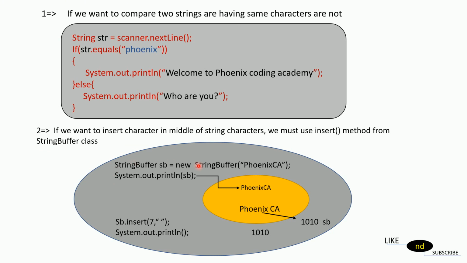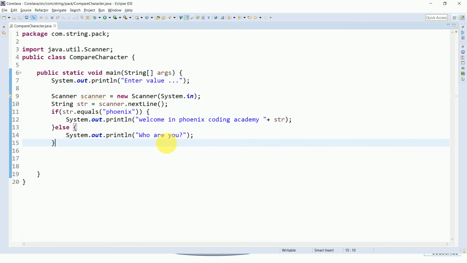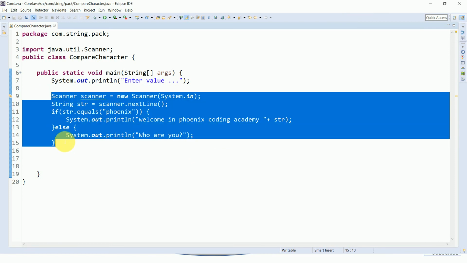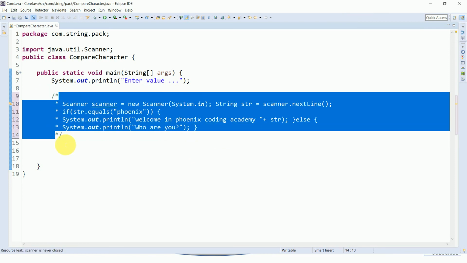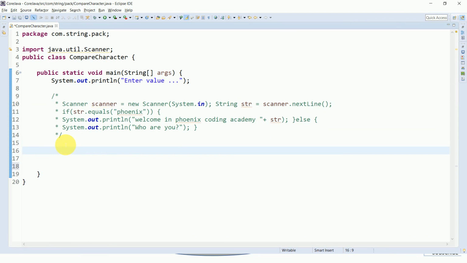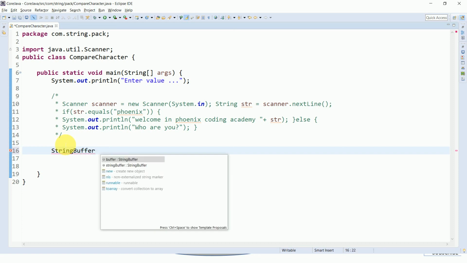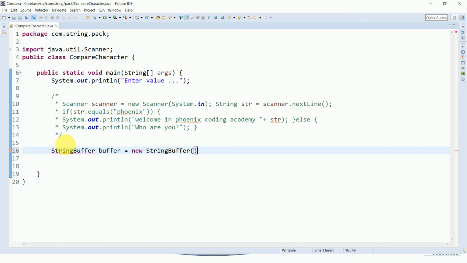Here I will take the second program. If you want to insert a character in the middle of a string, we must use the insert method. Here I will comment this one out. Next I will take a StringBuffer, buffer equal to new StringBuffer, and pass the argument Phoenix CA, right?